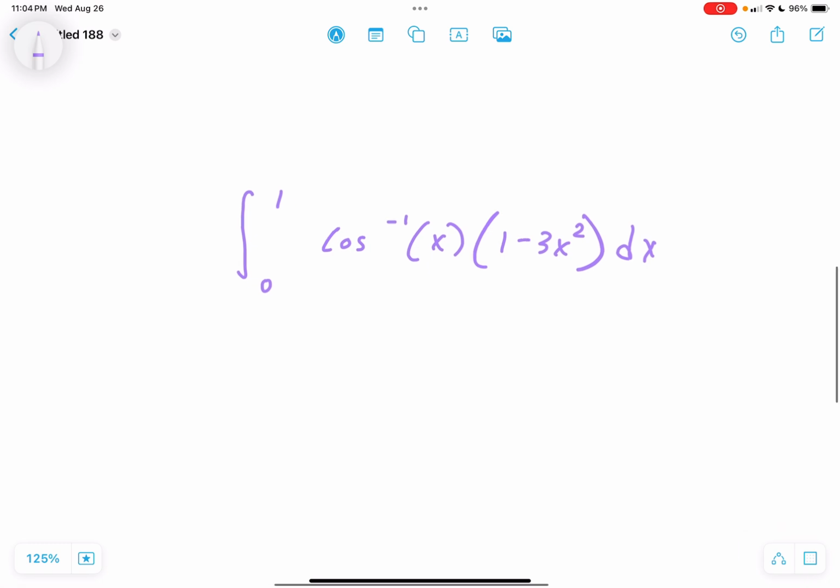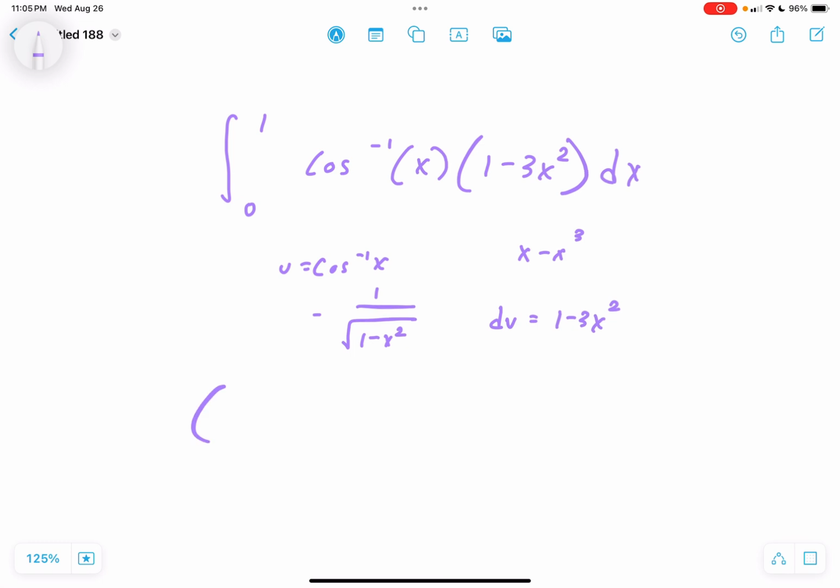So let's do that. I'm going to make my u cosine inverse x and dv 1 minus 3x squared. We know from derivatives that the derivative of cosine inverse is negative 1 over the square root of 1 minus x squared. When I integrate this, I'm going to get x minus 3x cubed over 3, which is minus x cubed. So now I'm going to have x minus x cubed times cos inverse x